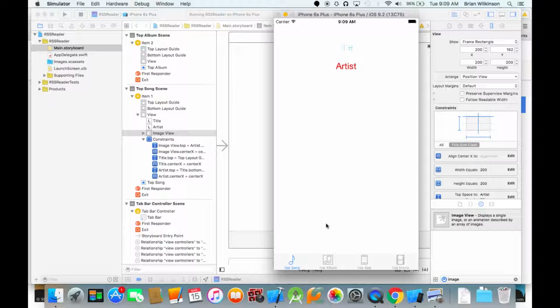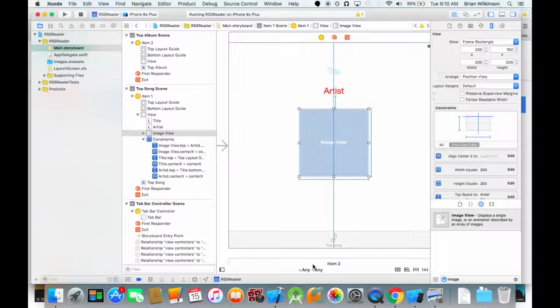And I notice that when I go to my top song, I have a title, an artist, but no image. The image view is blank because I haven't assigned any image to it, so we need to do that at some point as well. If I click on that, you notice they don't show up because I've only done that on the top song view. So we need to go back, stop this, and take these elements